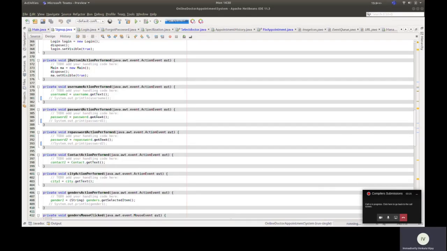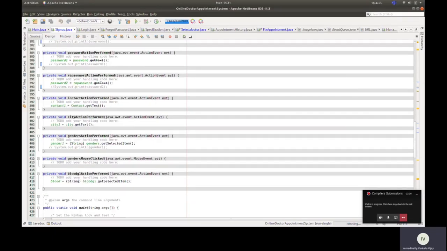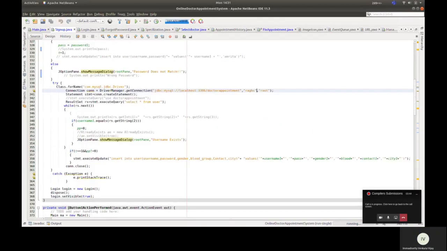Username is a text field kept in the sign up form, and username one is the string variable we declared to store it in this Java file. Everything will be stored like that: password 1, password 2, contact, city, gender, and blood group, all stored in the variables declared in the Java file.